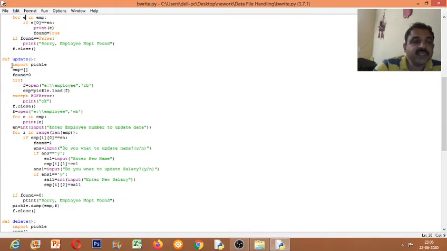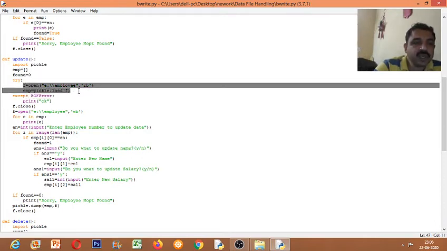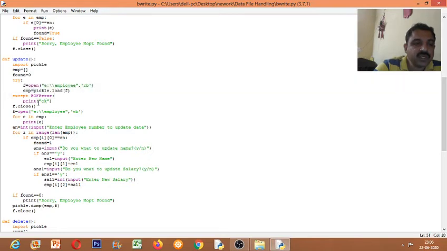The next option is update. Updating means editing. Just like the previous function, we take an empty list and make found equal to 0, that means I'm just initializing it to 0. In the try and except clause I'm loading the file. Once it is loaded, I close it, then open it again for writing. What I need to do is update, so you have to read it and then write it also. So I'm opening the same file in write mode now. Before that I just display: for e in emp print e.